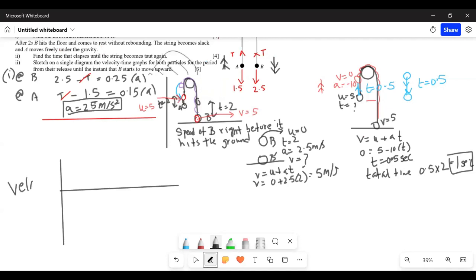सो फॉर बी हमें पता है कि जब हमने वेलोसिटी टाइम ग्राफ बनाना है, तो यहाँ पे वेलोसिटी और यहाँ पे टाइम। अच्छा, जब क्वेश्चन शुरू हुआ था तो बी रेस्ट पे था, तो दैट मीन्स दैट टाइम 0 वेलोसिटी इज 0, ये मैंने शुरू कर दिया। और जब बी आके फ्लोर पे हिट किया है तो टाइम 2 है, और जो उसकी स्पीड है वो 5 है, तो यहाँ नीचे 5 लिख लिया, बल्कि माइनस।